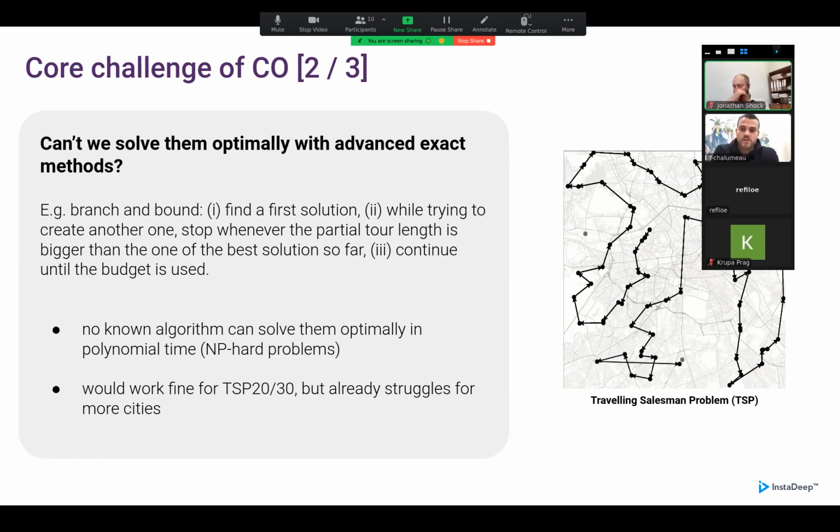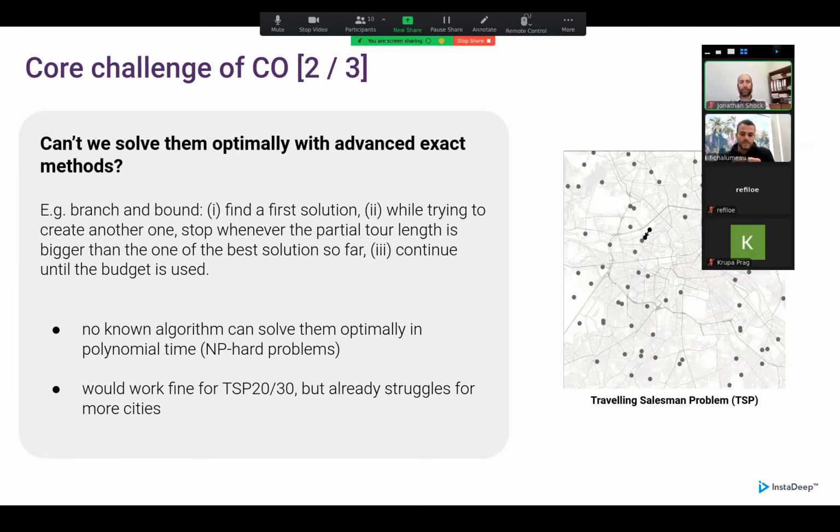So now, can't we just solve this with other mathematical tools, like exact methods? For instance, a famous method to deal with a discrete variable is branch and bound. So you choose a first variable. I mean, you have n variables that you can take. Try to take them, look at where you are, and try to prune the search space whenever you